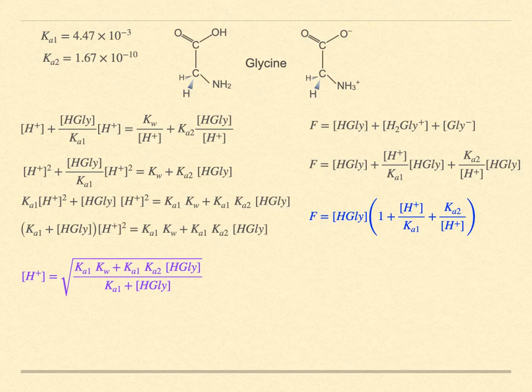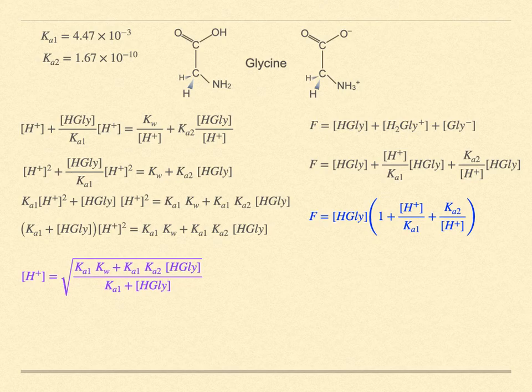We now have two equations and two unknowns. We can combine them and expand it out into a polynomial. It'll prove to be a fourth order polynomial, and solve for the roots. Now, I'm not going to do that here right now. Another approach is to use the successive approximation using goal-seek. It is set up quite nicely to do that. Have it vary H-gly, calculate H plus, and determine F, and continue until the result equals the actual value of